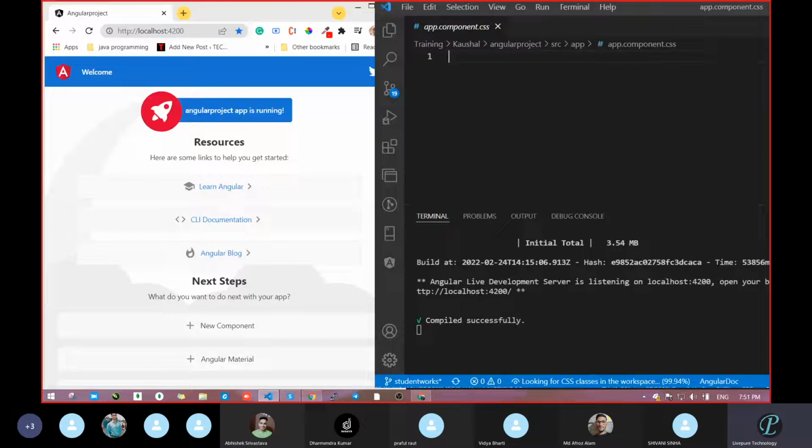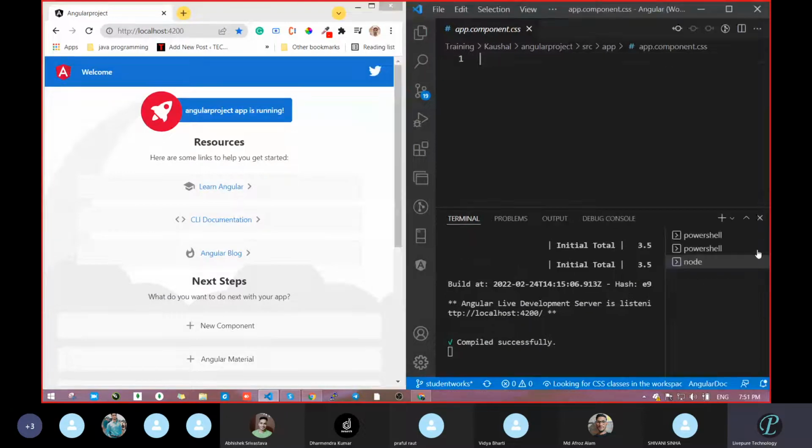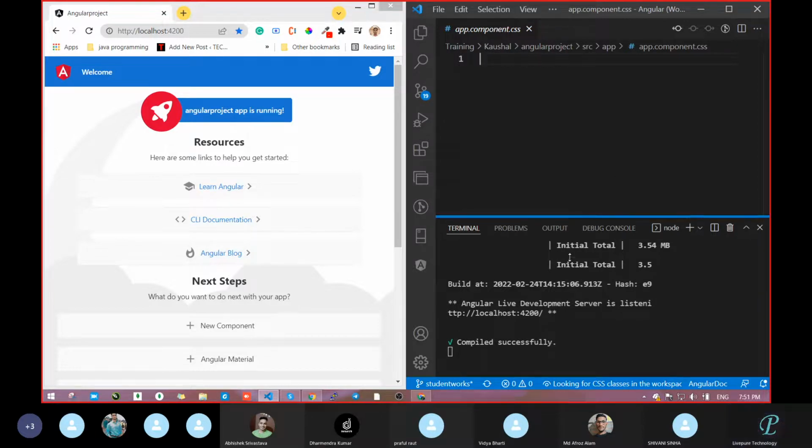Now, what I told you about how many files to use. One thing you have to do: never close this terminal. If you kill or delete it, whatever data you are getting here will get closed. So don't close this one. Let it be open. But whatever extra you have, you can delete. It's not an issue.